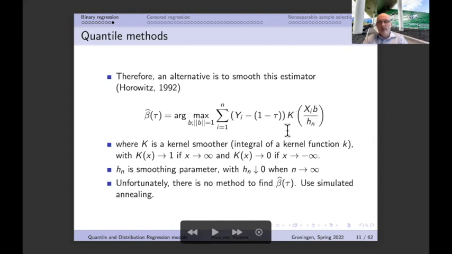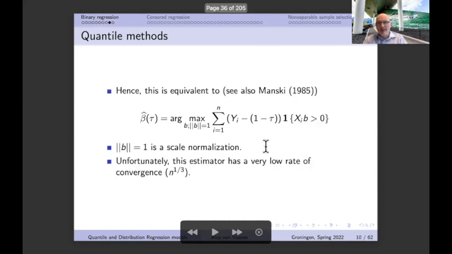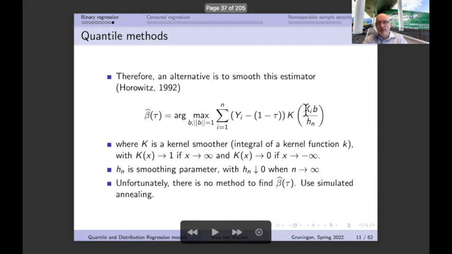The opposite is true when we have a negative xib. Xib is going to be negative, and it doesn't matter how negative it is. Then, if n goes to infinity, this thing over here is going to be equal to minus infinity. And that means that kx is going to converge to 0. And that's also exactly the same thing as what we have over here. If xib is negative, then this thing becomes equal to 0, as we actually have over there.